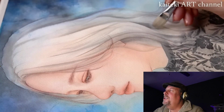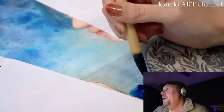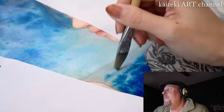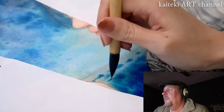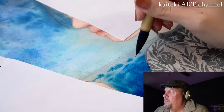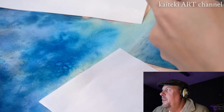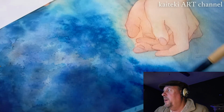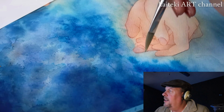Especially being watercolor, it's usually very non-controlled. So for her to be able to control the watercolor is just, well, it's ink, but it's still amazing because I painted with ink. It's very hard to control. Again, you can see those high quality Japanese big brushes that go to a point. They're so cool to work with. It's like, wow. But they've been doing this for hundreds of years, but it's just amazing people learn this technique and